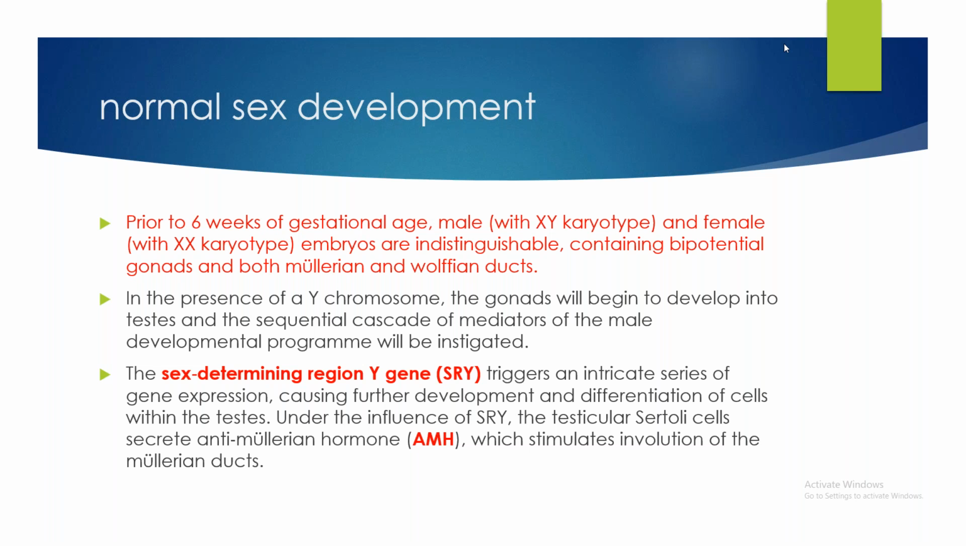Now, what happens after 6 weeks in the presence of the Y chromosome? The gonads will begin to develop into testes. How it starts depends upon the sex determining region on the Y gene, known as SRY, which triggers a series of reactions or gene expressions, resulting in the secretion of AMH from Sertoli cells. So this SRY is responsible for AMH secretion from